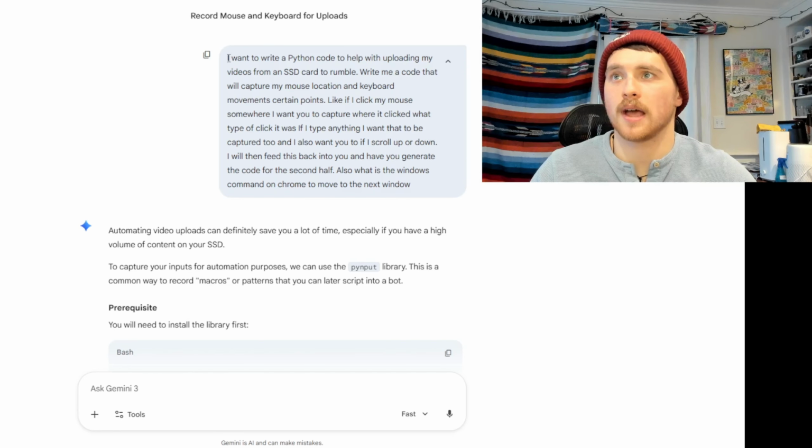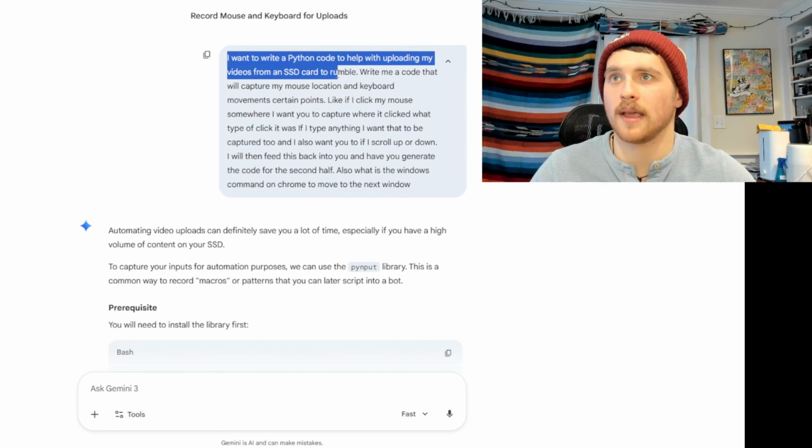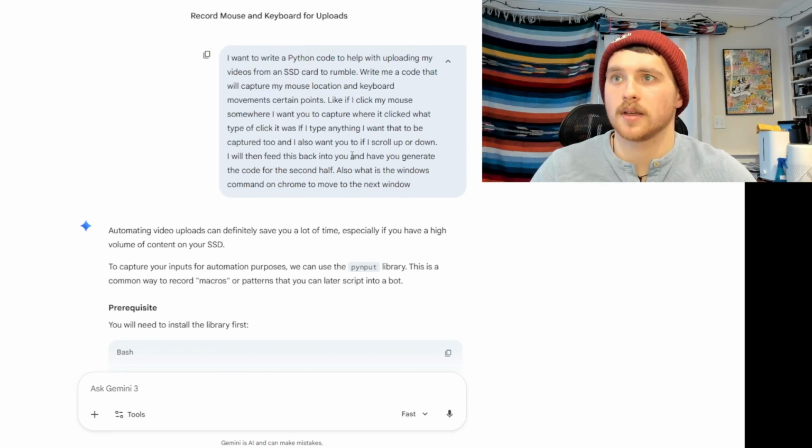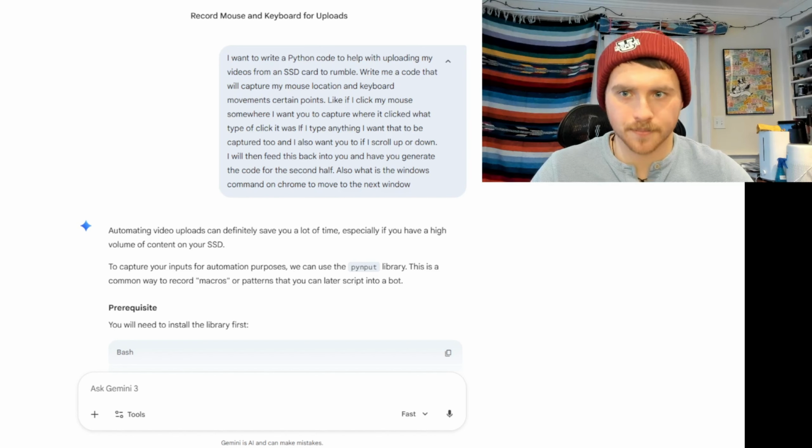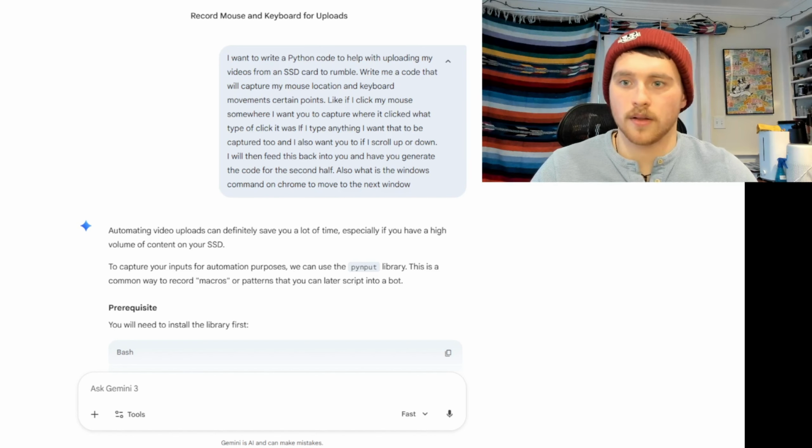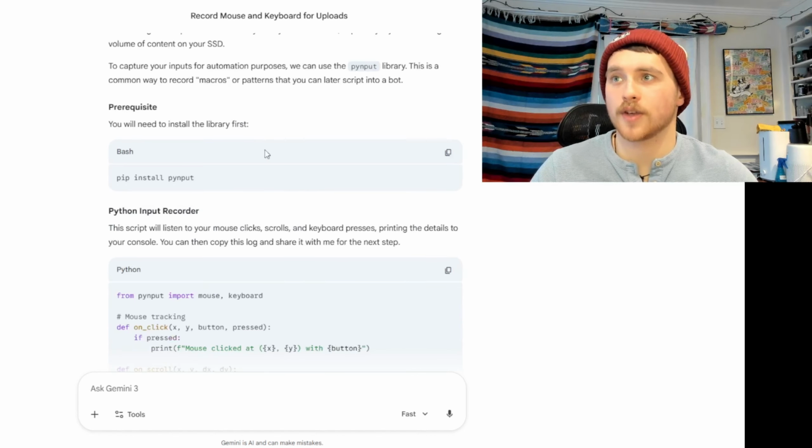So basically I told it, I have a bunch of videos on my SSD card. I want to upload them. Please capture my mouse movements. And I'll show you how this process works. It outputted this code for me to run, and you need to come here, and when it tells you to install something,